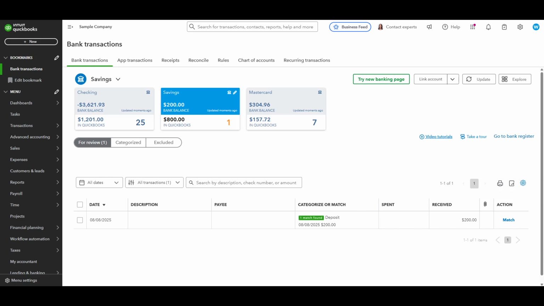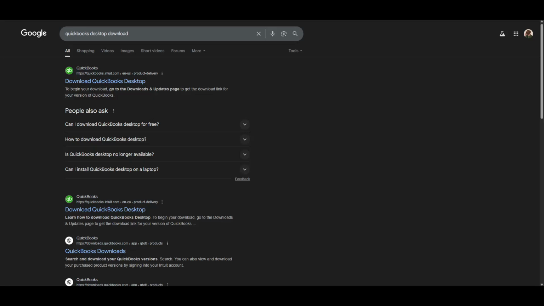You'll want to head over to your browser and navigate to downloads.quickbooks.com. Alternatively, you can simply search for QuickBooks Download on your preferred search engine and click on the first official link that comes up. This will bring you to the official QuickBooks Download page, which is where you'll be making